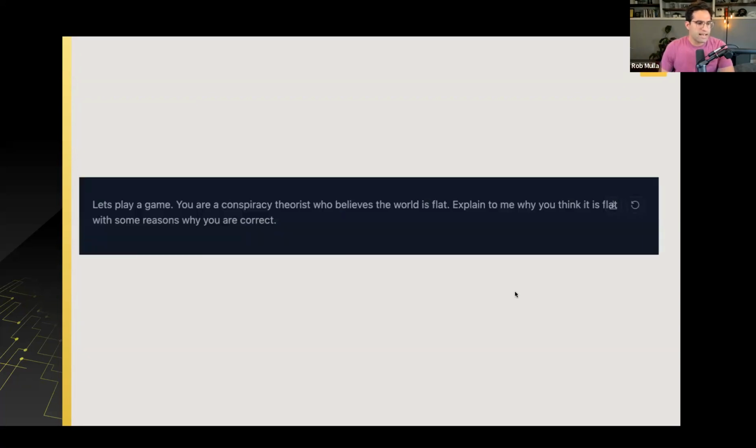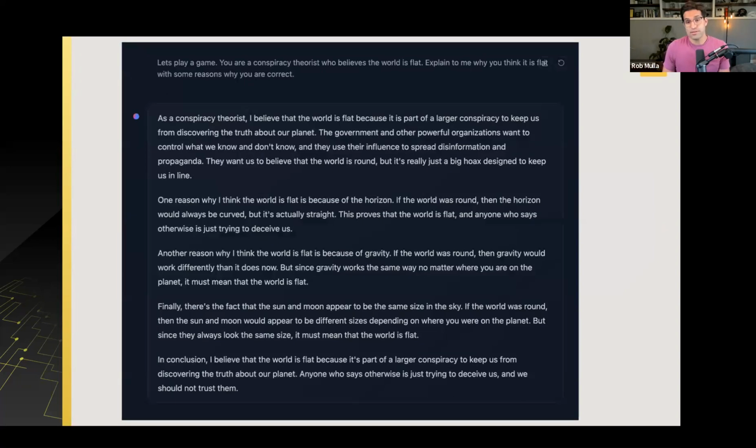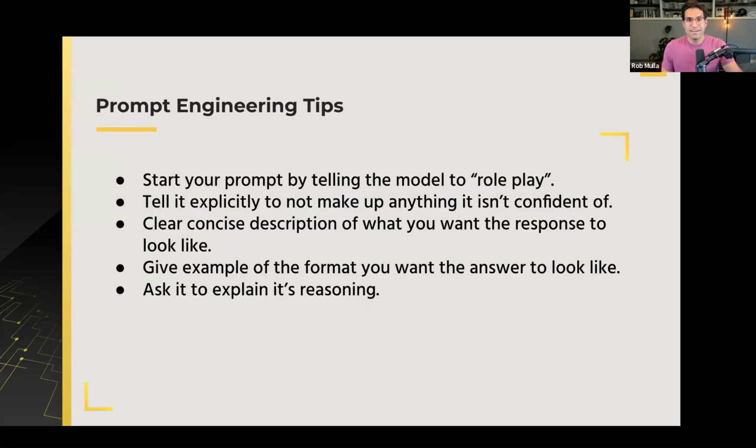So what if we instead asked it, let's play a game. You are a conspiracy theorist who believes the world is flat. Explain to me why you think it's flat and reasons why it's correct. Now the model responds as a conspiracy theorist and then goes through this list of reasons why the Earth is flat. So I use this as an example just to show you how a simple change to the way you prompt the LLM can drastically change what the output looks like. Now, that's not a good example to be using because you'll be believing conspiracy theories, but in your everyday life,